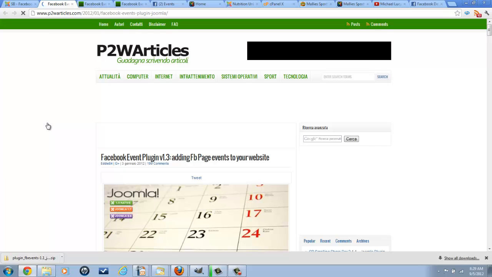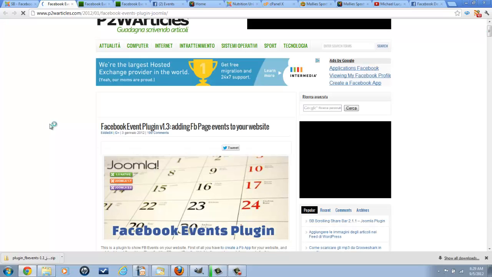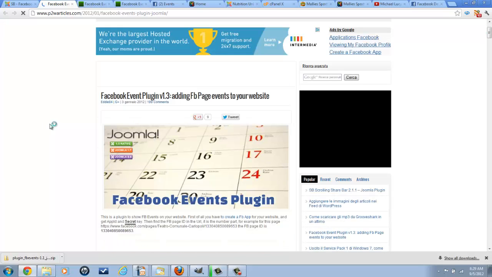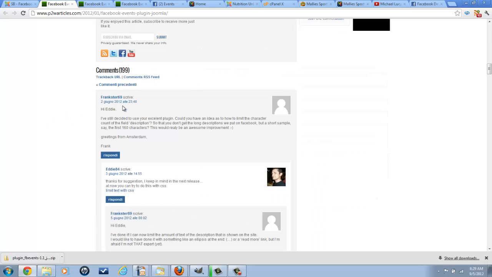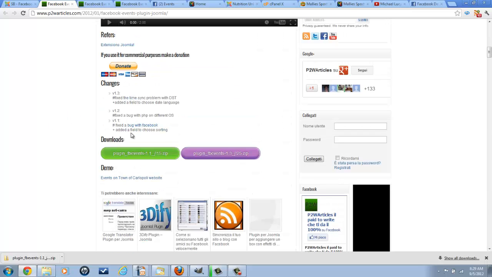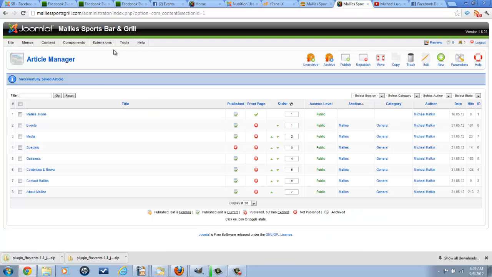So I'm going to click the download button. The next screen is going to open a third-party website in which I'm going to download the Joomla 1.5 version of the Facebook SB Events plugin. So I'll click this button. It'll download in my download bar here. The next step is to go to my Joomla administration screen,